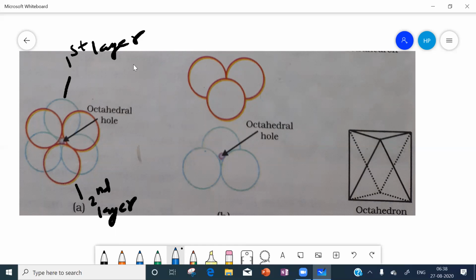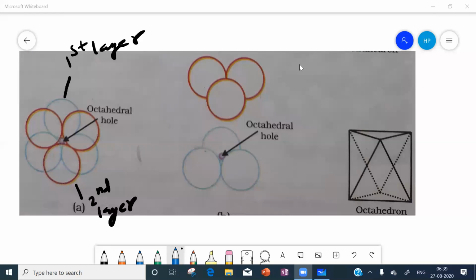This is one triangle, it is another triangle. Between these two triangles a void is created. This void is called an octahedral void. Correct? So between these two layers, the octahedral void is created.